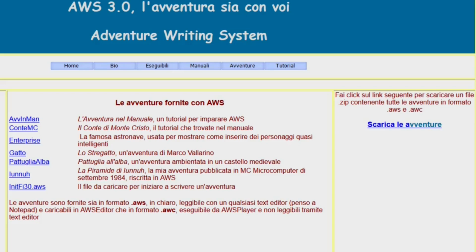That's not the only adventure available. There are various others available on his website, and also really detailed in the manual. The Pyramid of Iunnuh was a game that went on to inspire other people. It was simple enough to be used as a model, but complicated enough to be interesting. And even if you look in the MC Micro magazine, it goes on to be used to inspire adventure games on the MSX after the Texas Instruments has long been forgotten. And Dr. Bucci was inspired by the Pyramid of Iunnuh to get into adventure games. Thank you all for watching, and check out the links below.